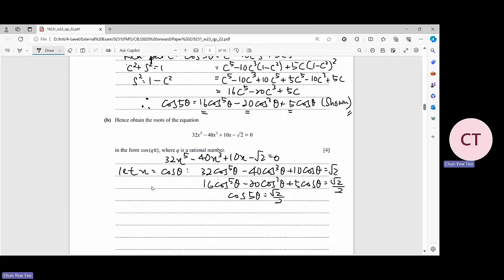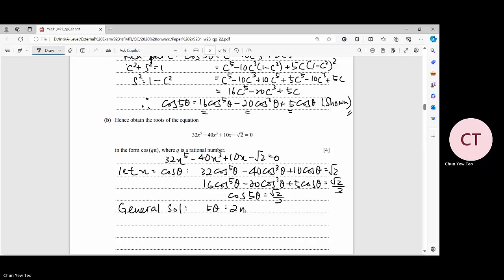So our job here is to find x. In order to find x, we need to find theta. To find the theta over here, we need to go for the general solution of the theta. So the general solution for the 5 theta, cos 5 theta equal to √2 over 2. So the 5 theta general solutions will be